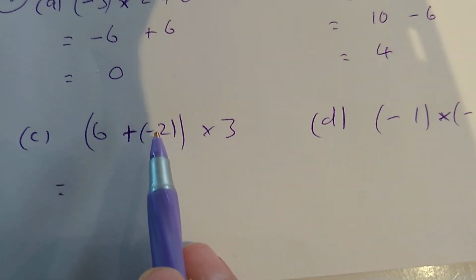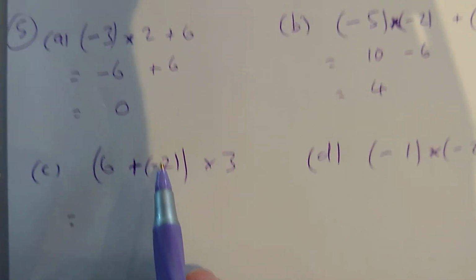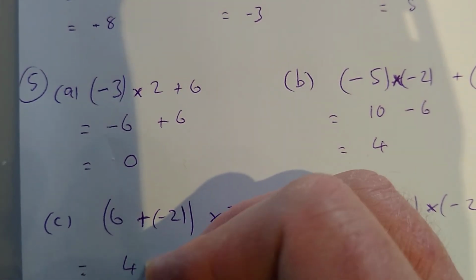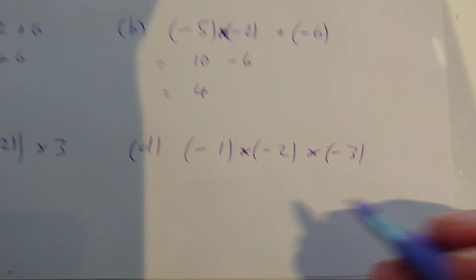So here we've got a bracket, so we need to do the bracket first. So 6 plus -2, that's just 6 take away 2, which is 4. So that's really 4 threes, which is 12. And part D here,